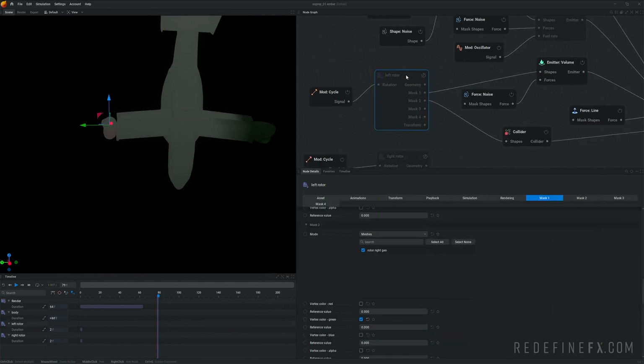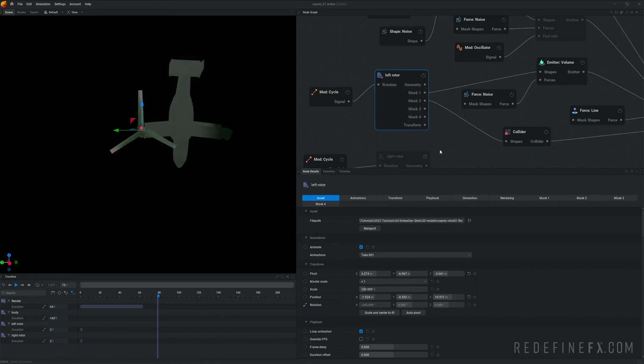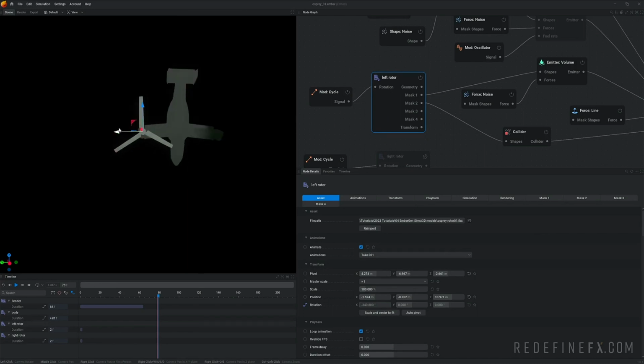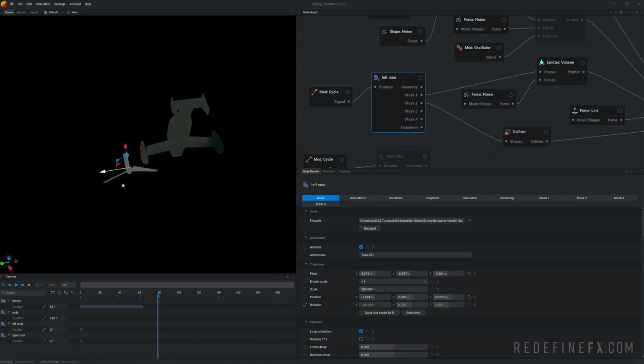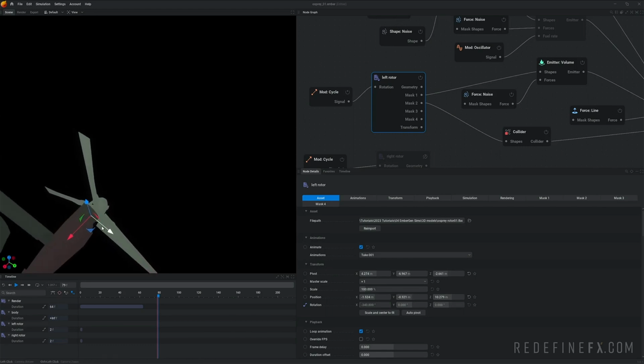Next up are the rotors. I exported just one rotor as a separate FBX. So it's the Osprey rotor 01.fbx, also included under this video for you to download. So if I just enable that, when you first open this project file, the rotors might not be there. So just go into the node and click on re-import and that should make it show up. Also, when I first loaded it in, the rotor may show up in a different place. So all you have to do is just use the arrows to line it back up with your engine. So I just manually lined it up just like this